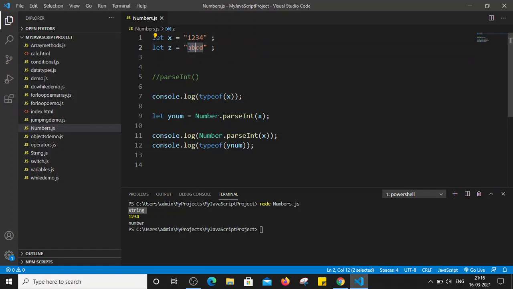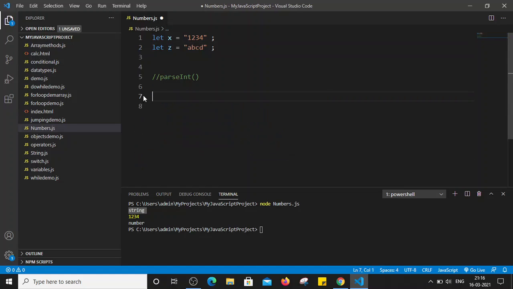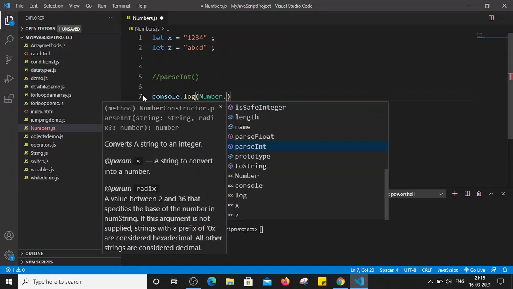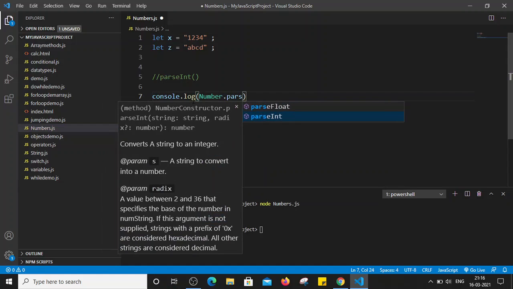This is a string which contains characters and not actual numbers. Let's see what will happen if we try to use the parseInt method on the z variable. Now I'm simply going to use console.log Number.parseInt.